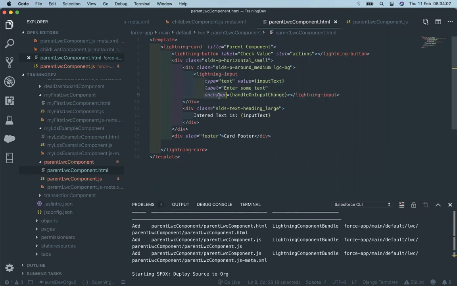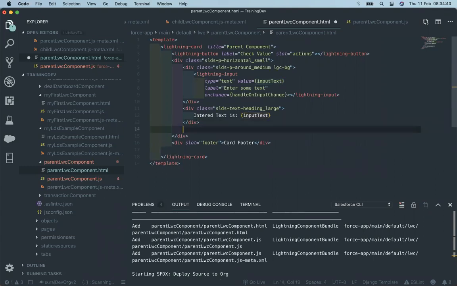Similarly, since we are designing our child component, let's see how to pass the value. Whenever we pass a value from parent to child, we just have to pass the variable name in a simple way. But if we have to pass the value from child to parent, we have to declare an event. For that, we design an event, and on the basis of that event, the parent will get affected. So let's have a look at how it's working.